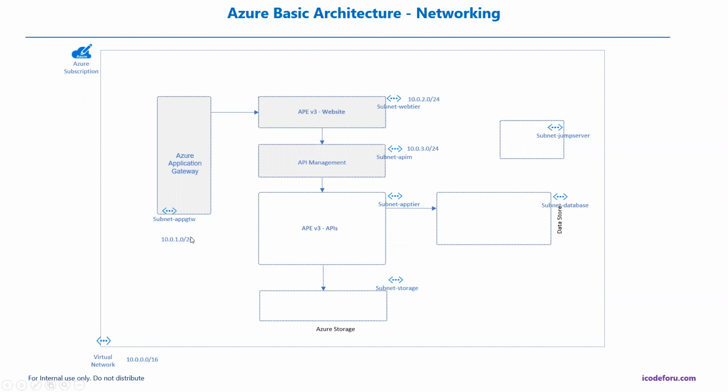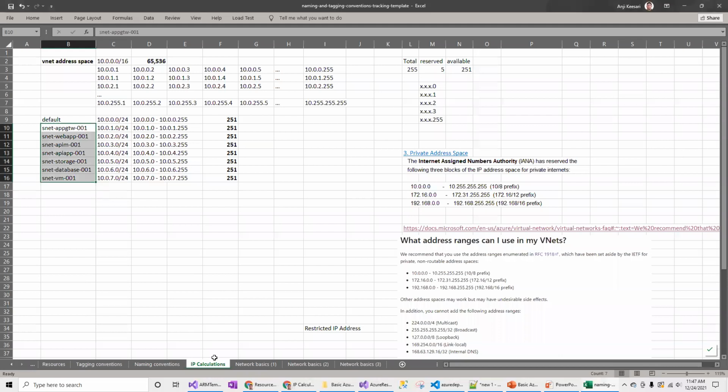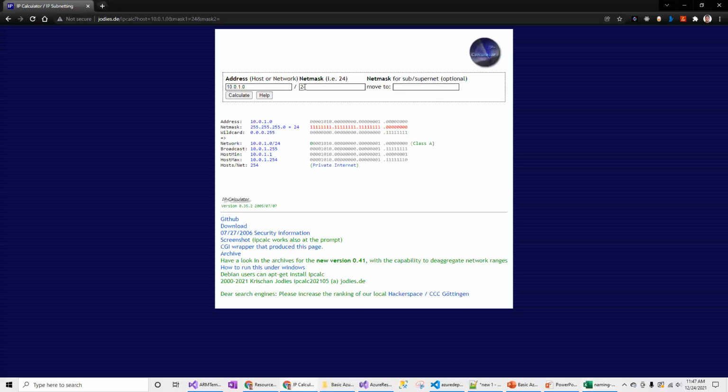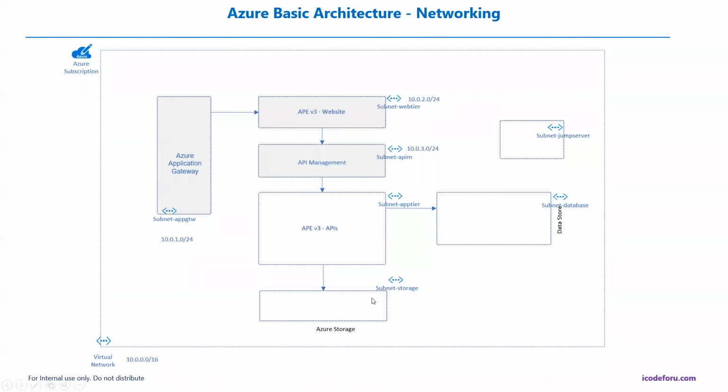And actually you don't even need /24 giving 255 instances. Practically, you will not be having 255 instances of application gateways, because this particular subnet is reserved only for the application gateway itself. So that number can be reduced further. You can think of using something like /28, which will be approximately 10 or 11 IP addresses. Those are sufficient for the application gateway subnet.